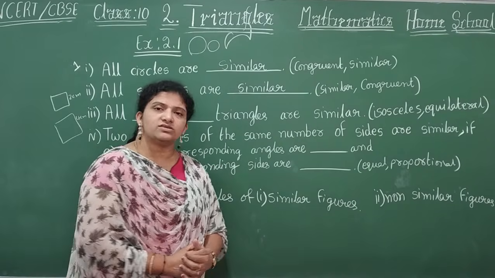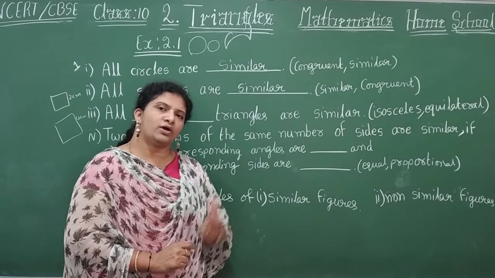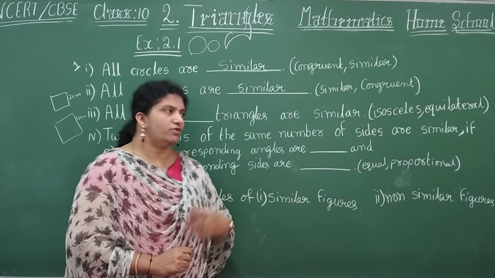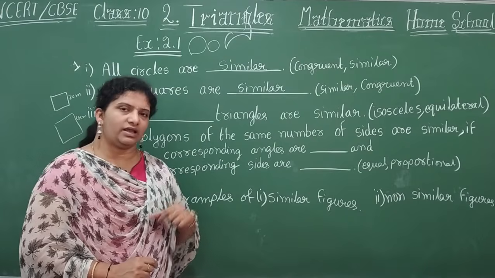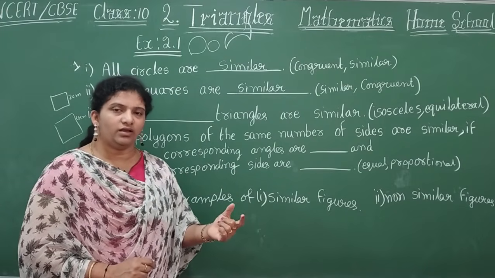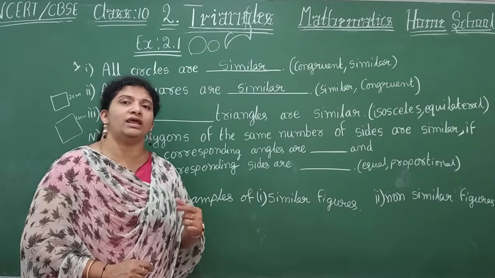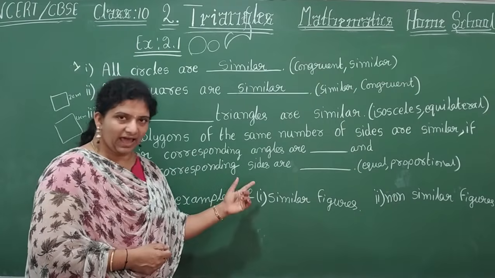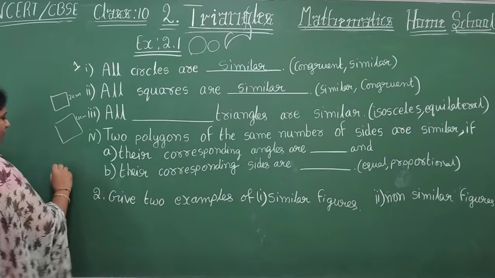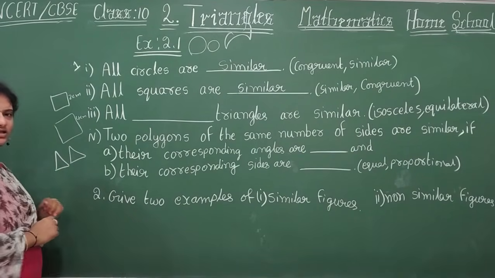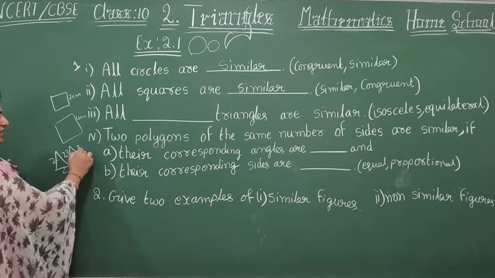Okay. What are isosceles triangles here children? Any two sides are equal. So if you compare any 2 or 3 triangles, if you take here, so what you are going to do here? 2 sides are equal, then another 2 sides might be equal, but like that 2 sides which are equal will be varying with their lengths. But whereas your equilateral triangles, what happens here children? Observe carefully. If you take any equilateral triangles, all sides are equal. So what happens here? 2, 2, 2, 3, 3, 3, 5, right?